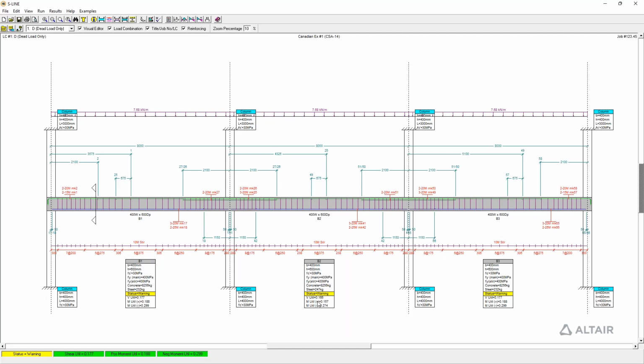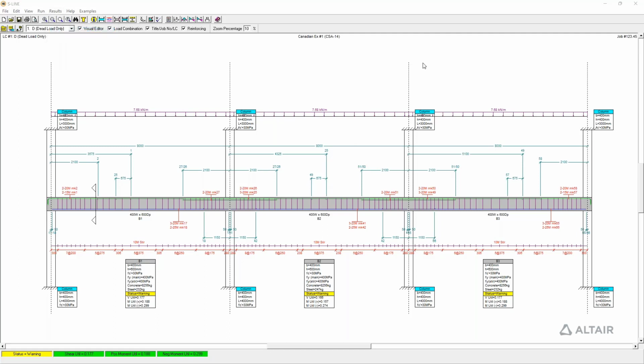And I can actually look at each beam individually, or each bay, and I can see here that the two outside bays are more highly stressed, at least in terms of negative bending. So I would need to study that a little bit more. Now we can look at the results under the results menu here. I can look at the report, which I'll get into shortly, but I can also look at things like the